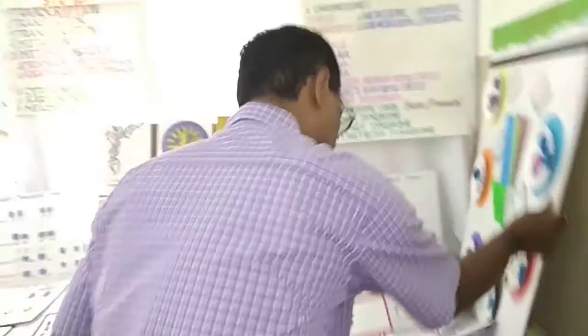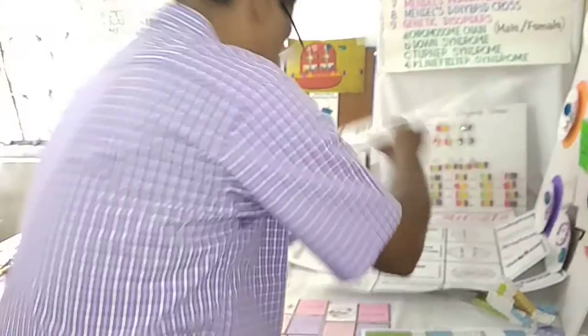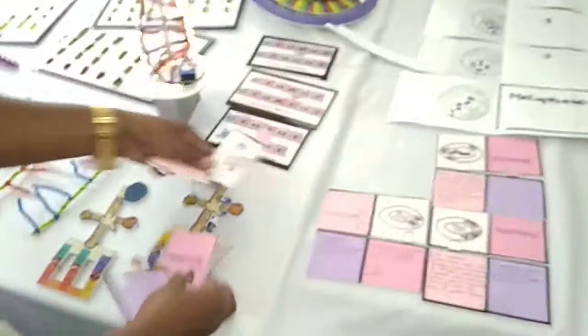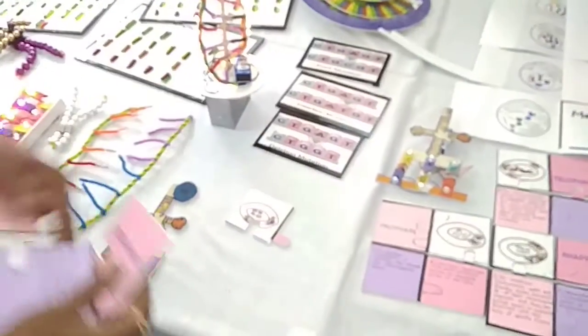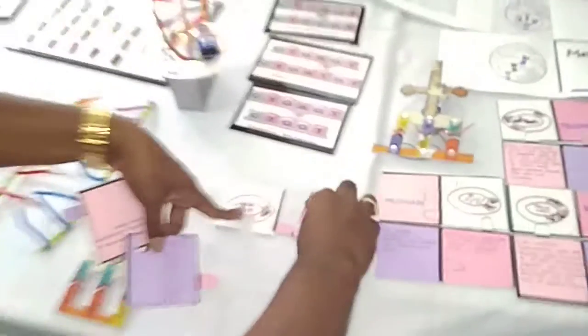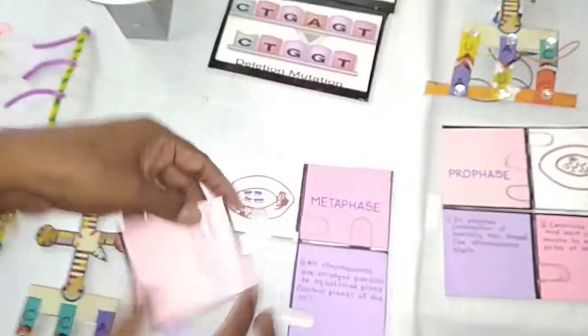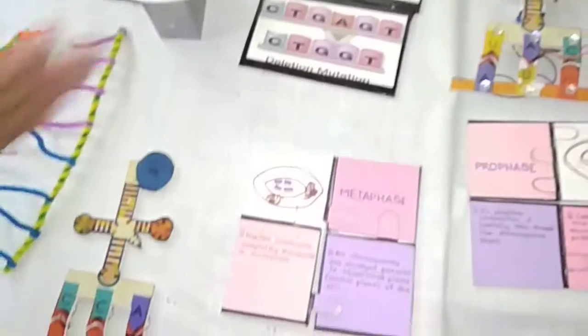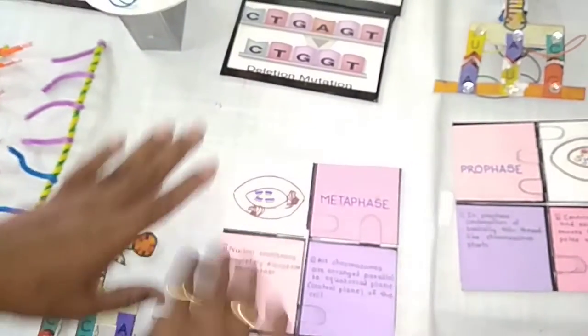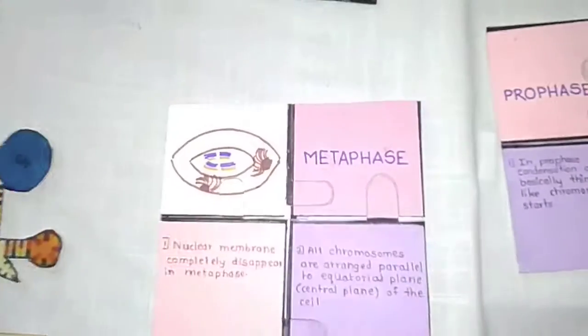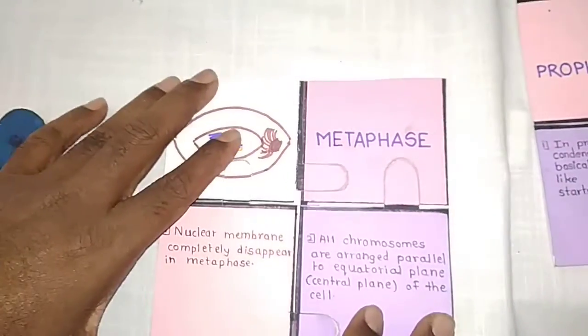Another one to create more interest in the students, in constructivism, is the jigsaw technique, because in the evaluation stage we are going to ask for the diagram, its phases and characteristics. So if you make it this way, a diagram, its phase and two different characteristics, and make these games of jigsaw, the student can play the game as well as find the different phases and their characteristics. Like this way we can teach the concept.